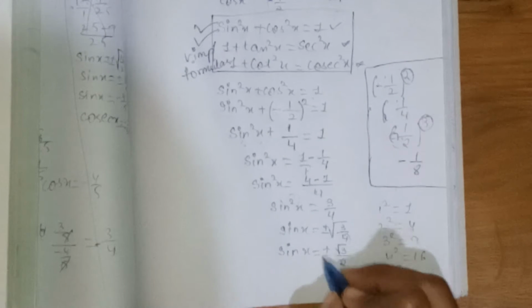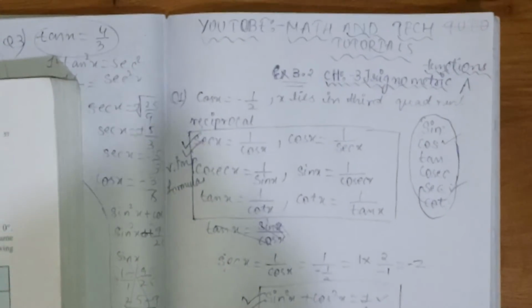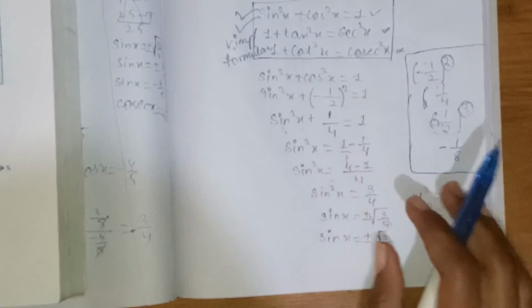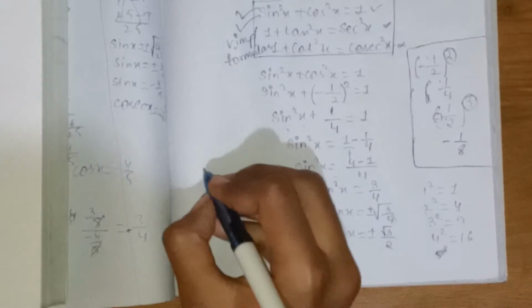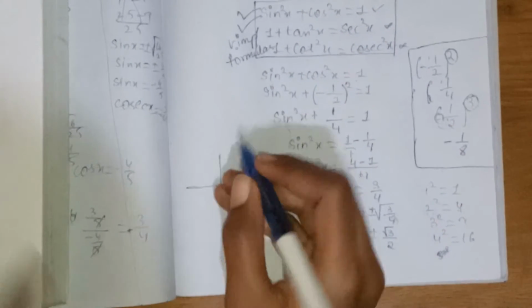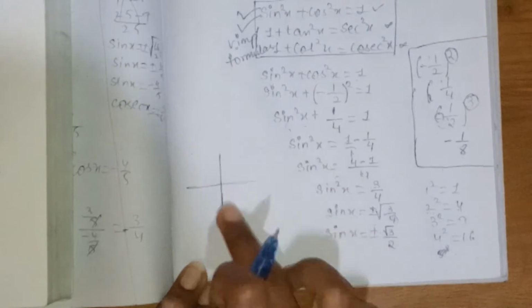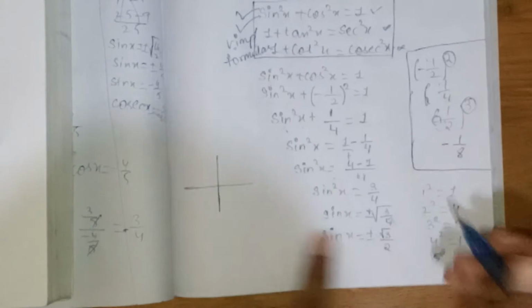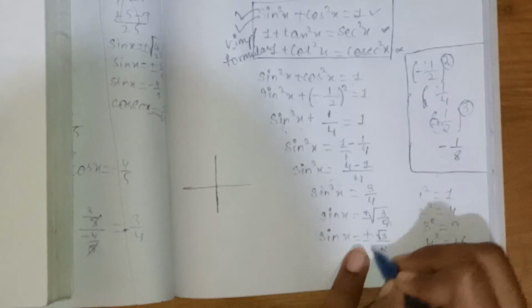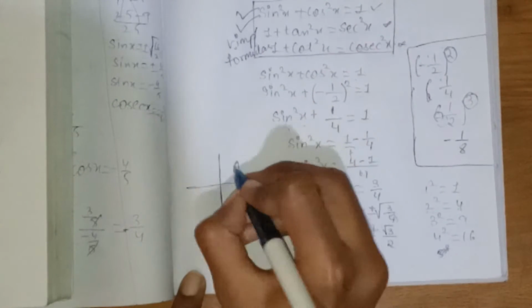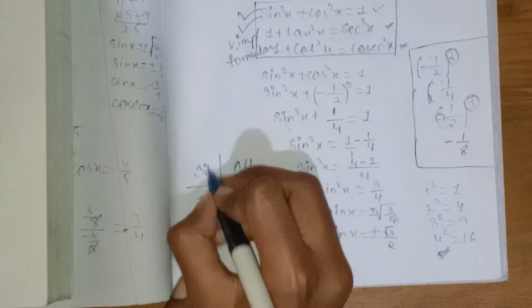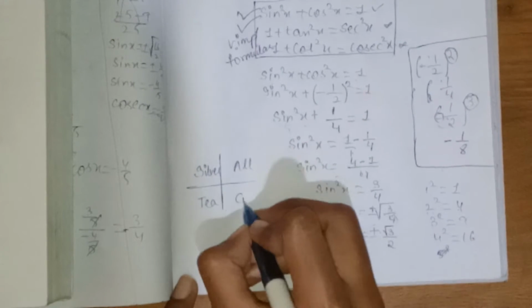So what you have to do with plus or minus is that in the question only they have given that x lies in the third quadrant. In the previous video, in the introduction part, I explained the Cartesian plane, but I'll also explain over here once. Why you are using this Cartesian plane is to check whether it will come plus or minus. First you have to think: All Silver Tea Cups. A means all, S means silver, T means tea cups.